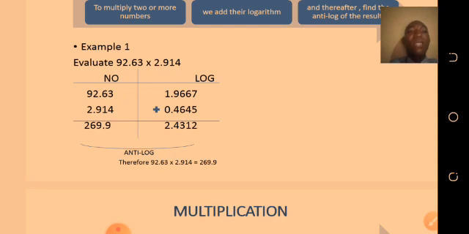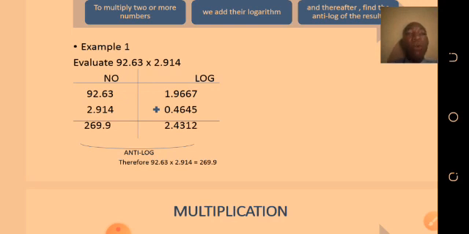You write 1. You carry the 1 to the front. That's 1 plus 6 plus that. That will give you 13. That you write 3. You carry that 1 to the front. 1 plus 9, that is 10 plus 4. That is 14. You write 4. You carry the 1 to the 1. So that 1 plus 1, that will give us what? 2. So with that now, by the time you add the two logarithm together, it's going to give you